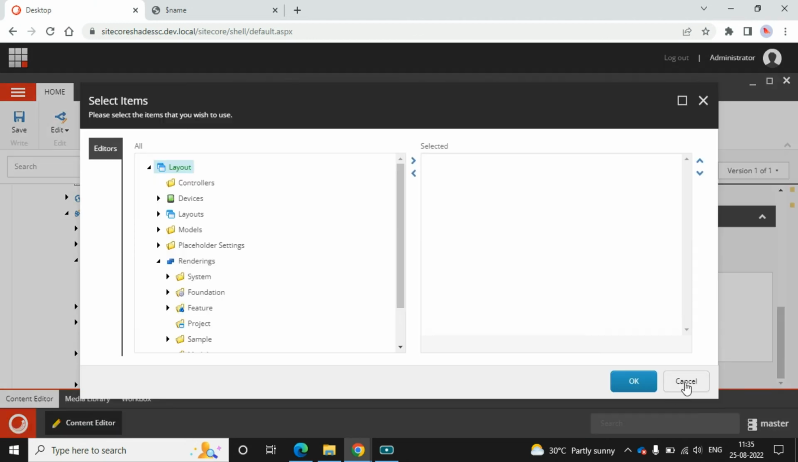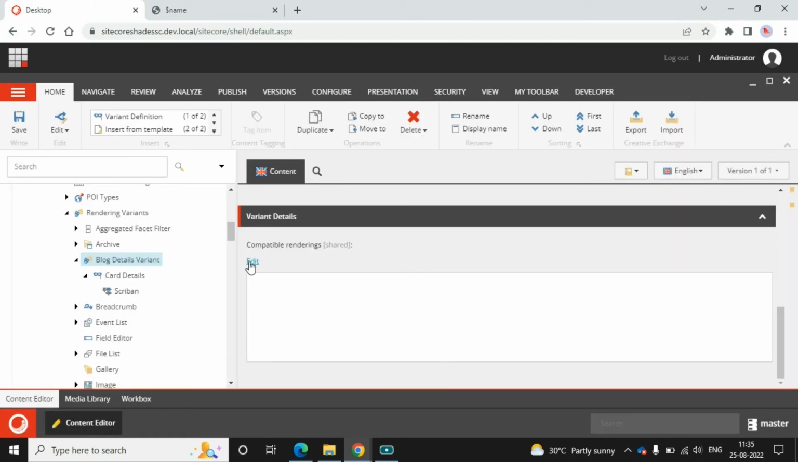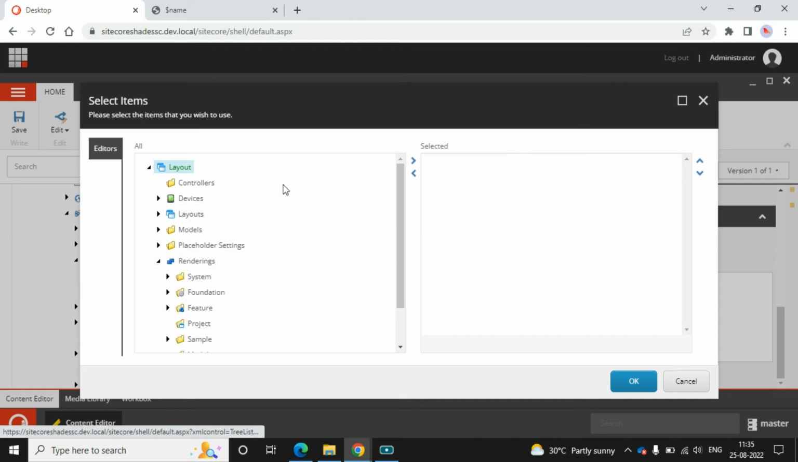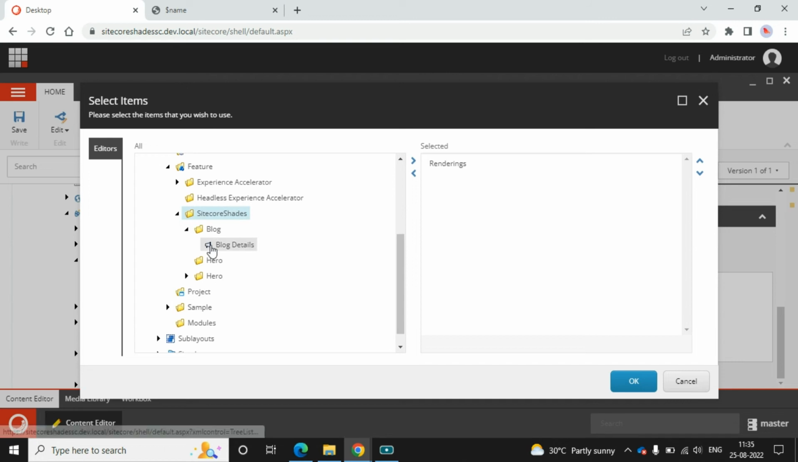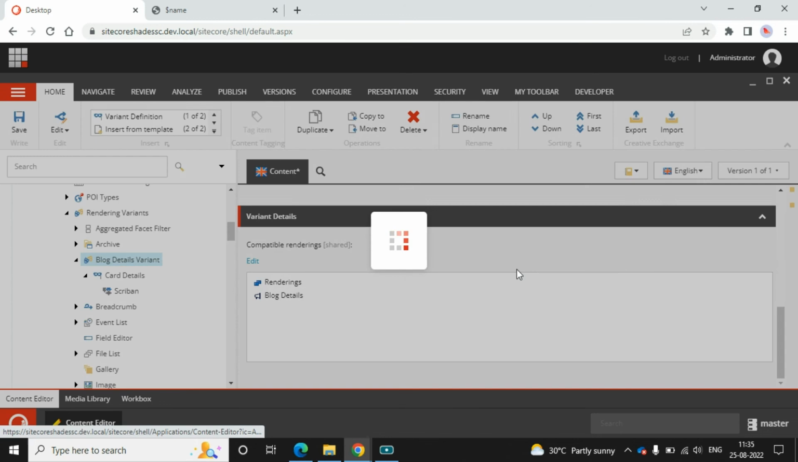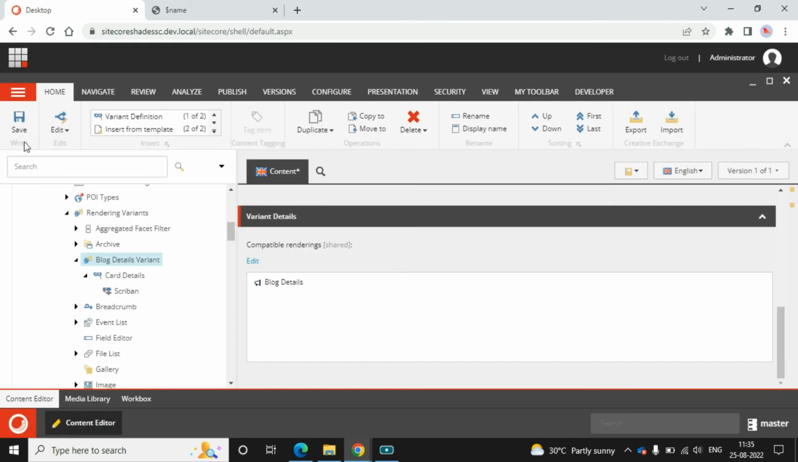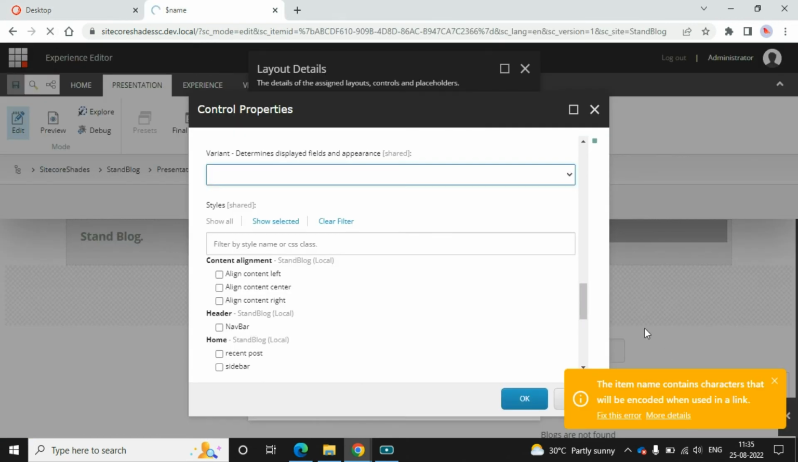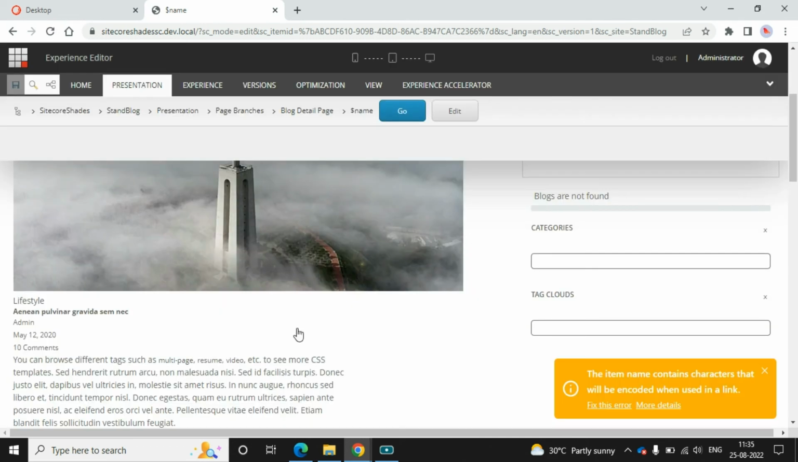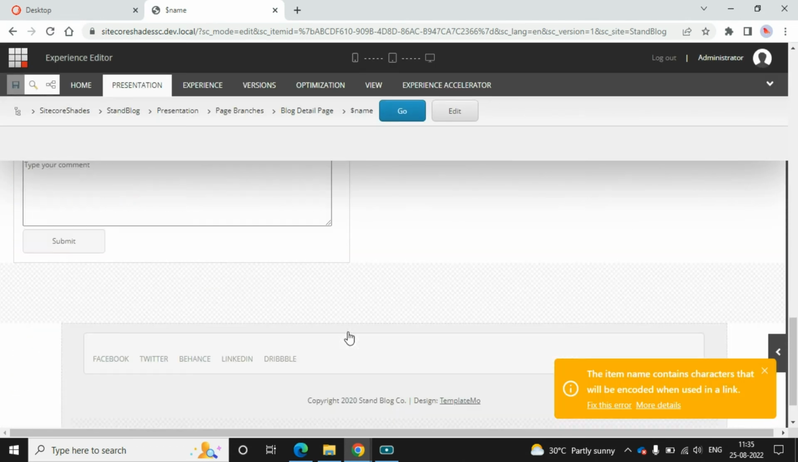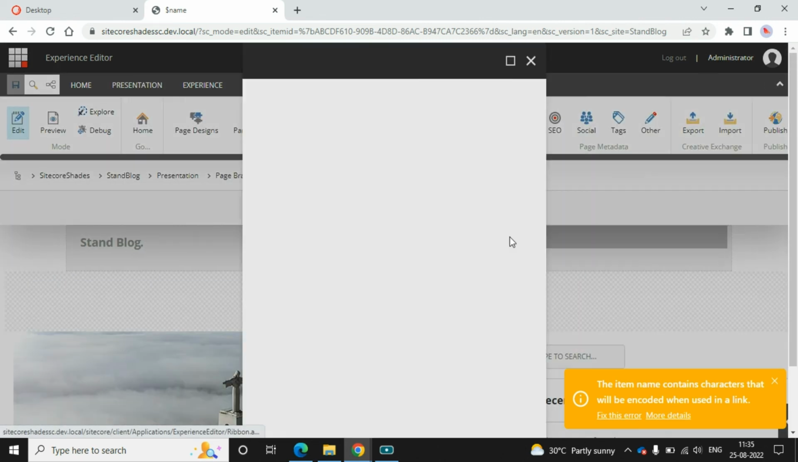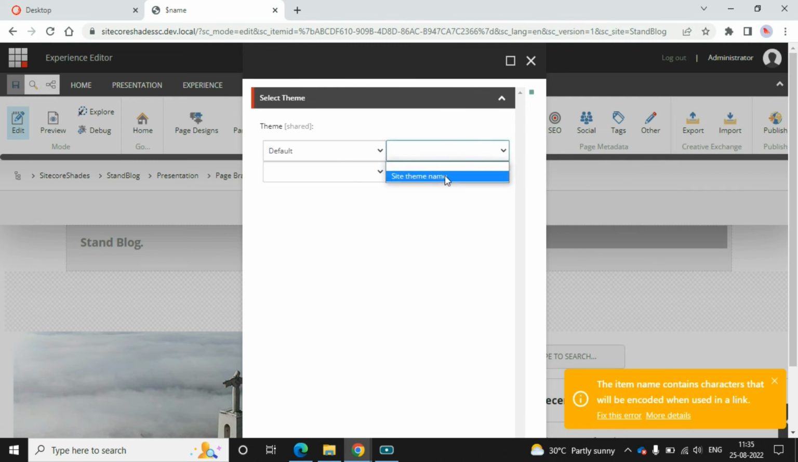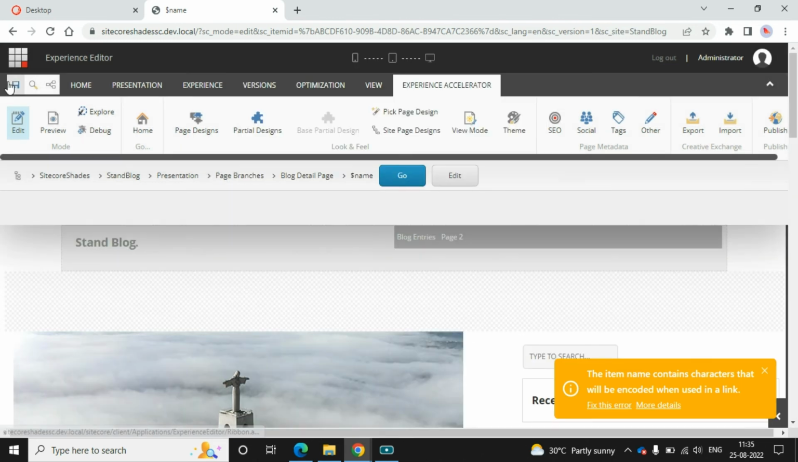The reason is so in the blog details variant we have to add our rendering. So edit, and then rendering, and then feature, Sitecore shades, blog, and blog details. So okay, and then okay, we don't need this one, right? Okay, then okay, and then refresh the page again. Yeah, now we can see the values are coming, and okay, so let's add the themes. Okay, then save,